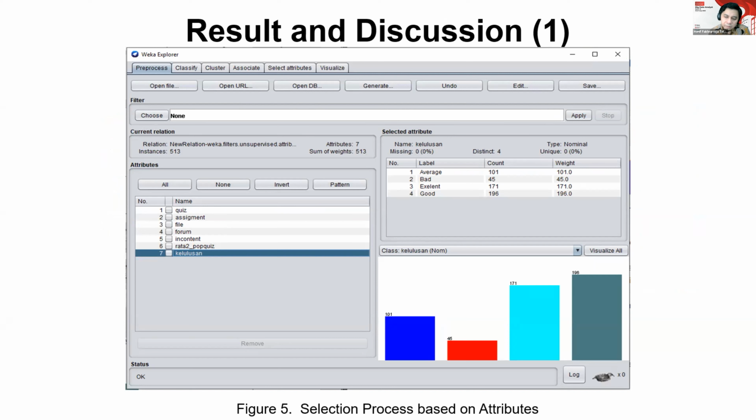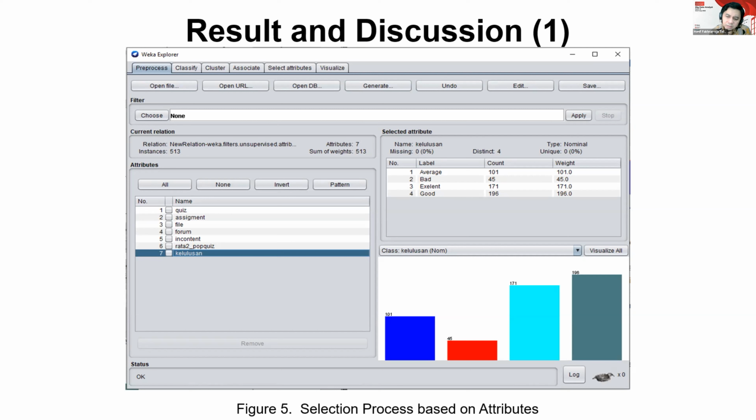The data to be used is 513 rows, which are divided into 7 attributes, namely quiz, assignment, file, forum, interactive content, and average pop quiz, and the graduation attribute as the comparison attribute. It can also be seen that graduation as the comparison attribute has 4 labels, namely average with 101 data, bad with 45 data, excellent with 171 data, and good with